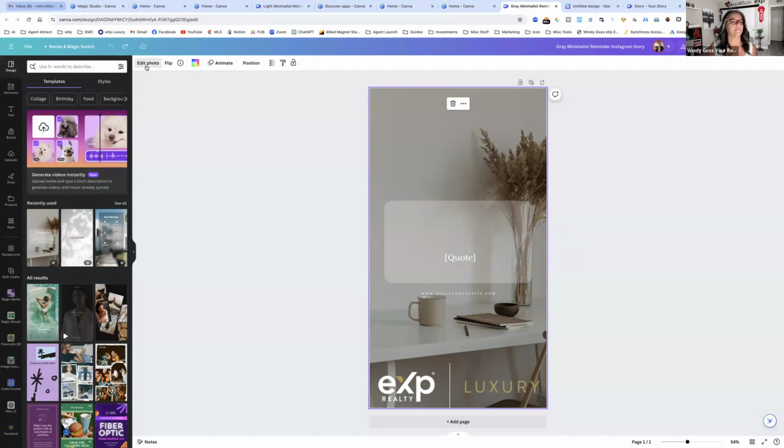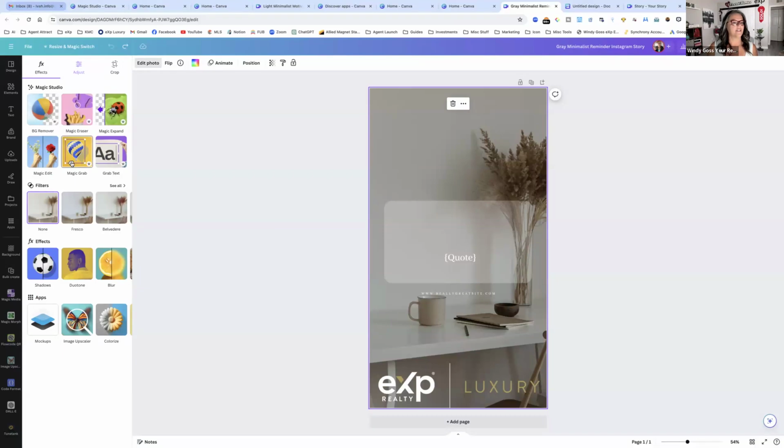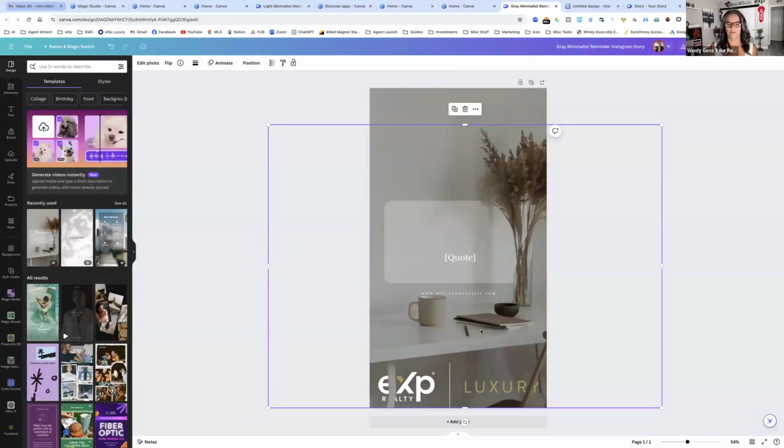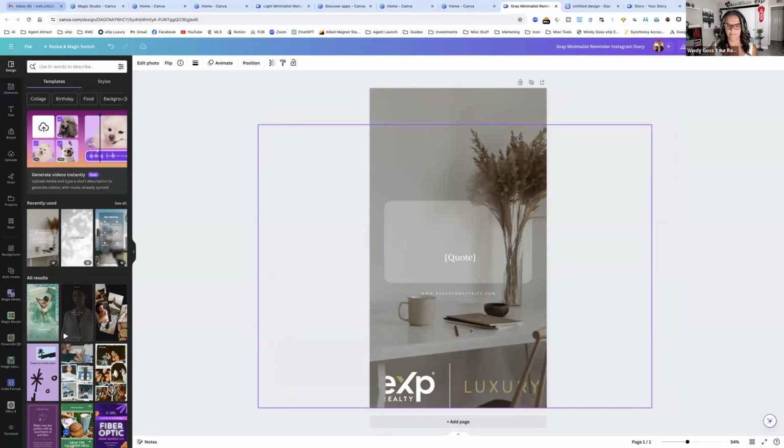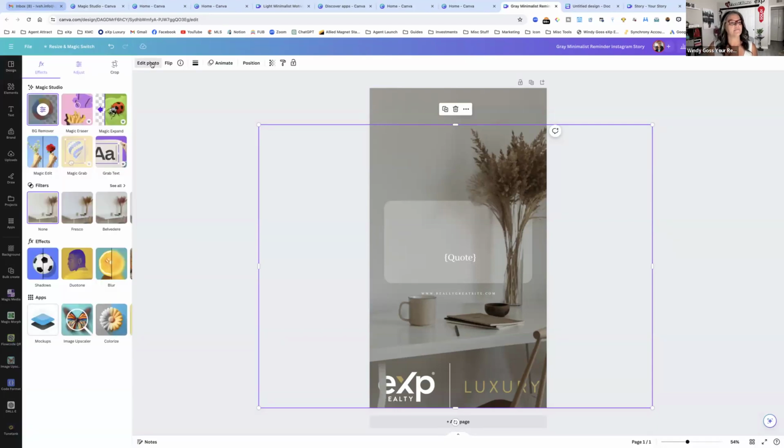Edit photo. Magic grab. Okay, so it's letting me grab the table itself. So there's that. But we want to go back in here and we want to